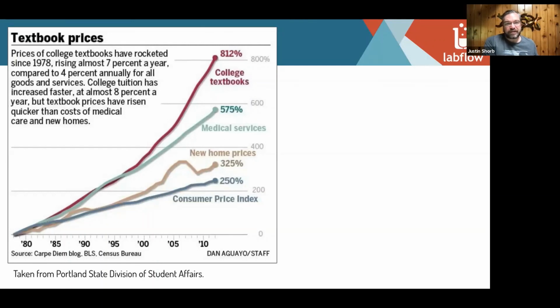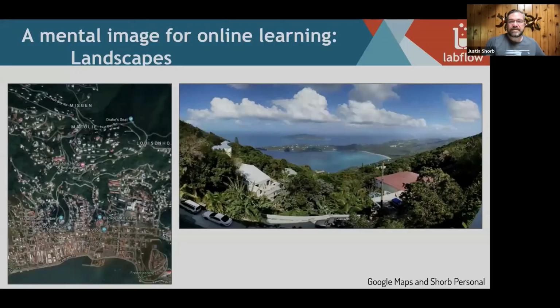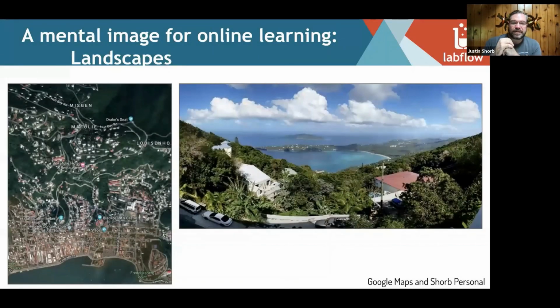I'm not going to go over this because this is an old graphic, and we all are here for the same reason, which Del said. We need to rethink this hard copy textbook thing. But we also need to rethink what a textbook could be. An example I want to use is when I taught at the University of the Virgin Islands down in St. Thomas. They had this really weird way of describing how to get somewhere.